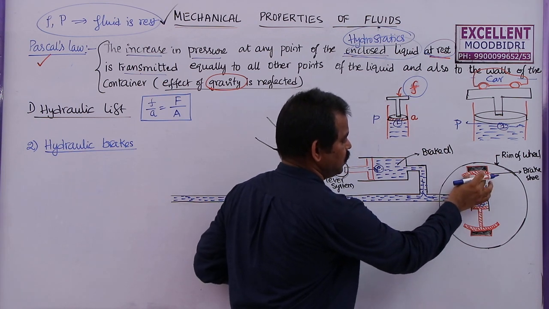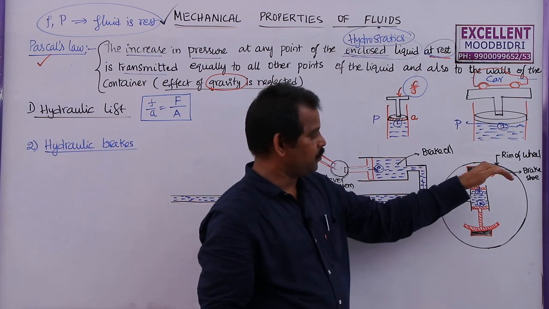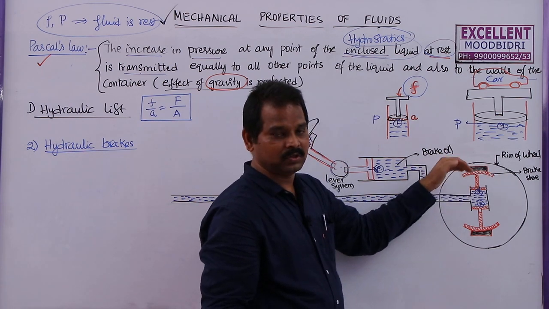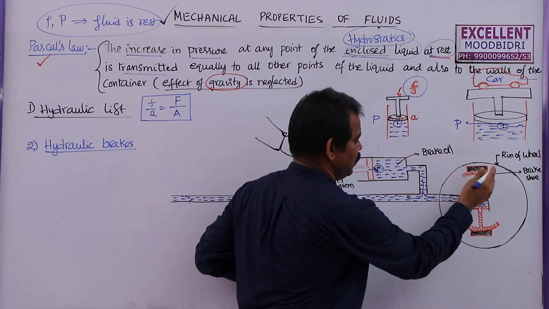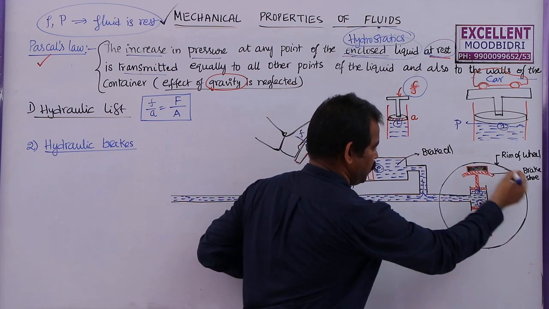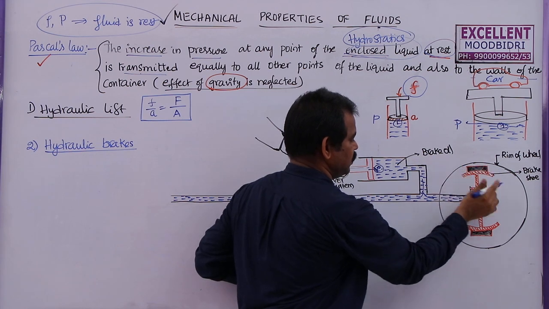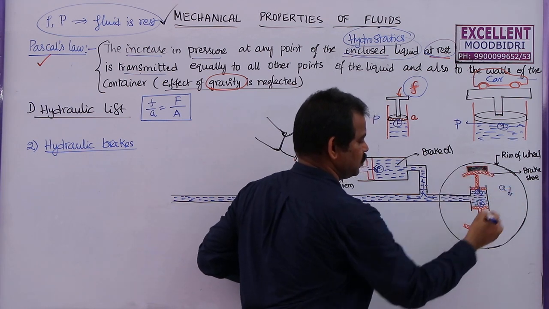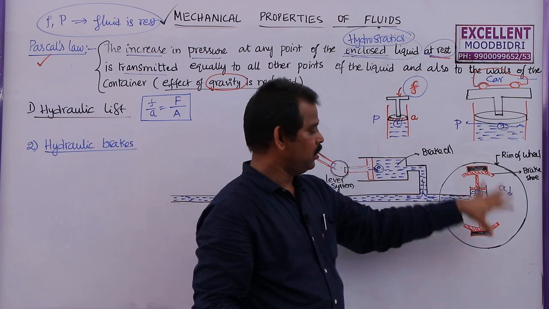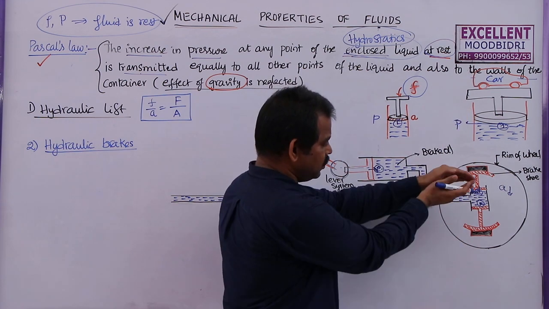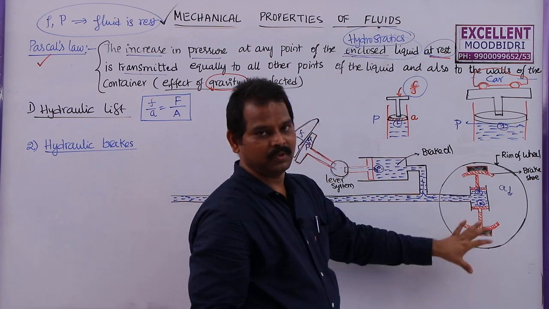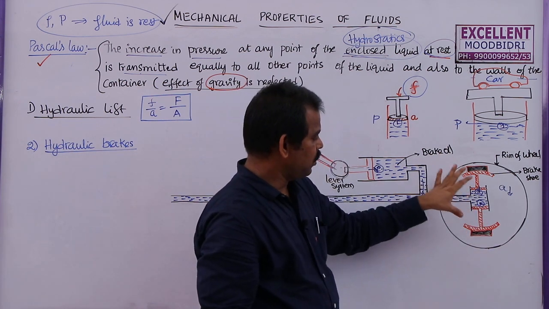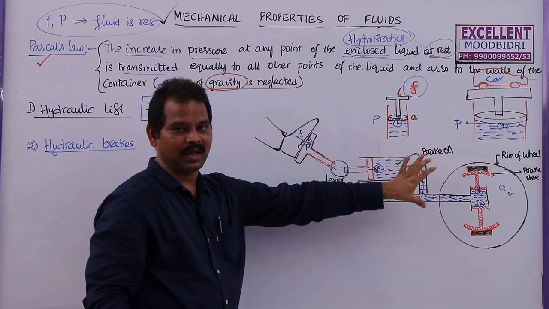Due to this force, this brake shoe, you might have studied or heard about this brake shoe, will press this wheel, this is the rim of the wheel. So when it is pressed, the acceleration will be reduced, or the velocity of the vehicle will be reduced. On both sides, when these brake shoes are in contact with this, they will stop the vehicle or reduce the motion or the velocity.